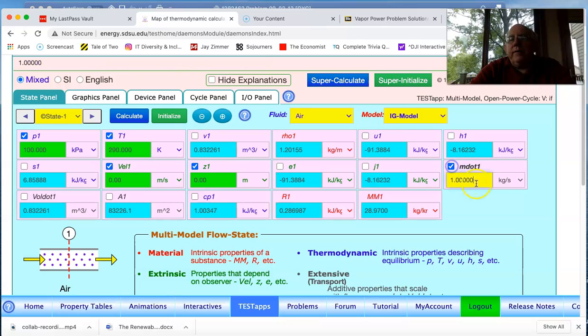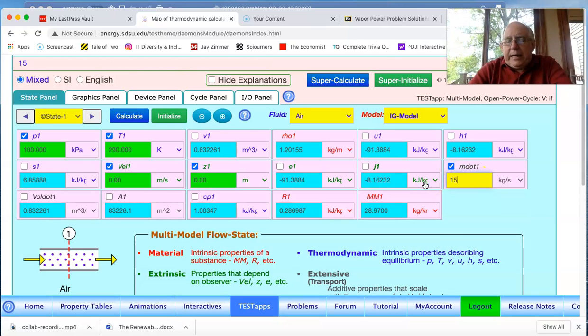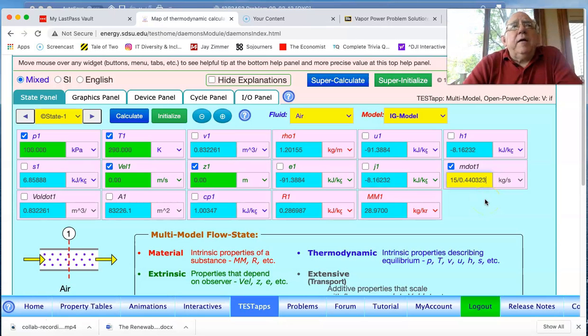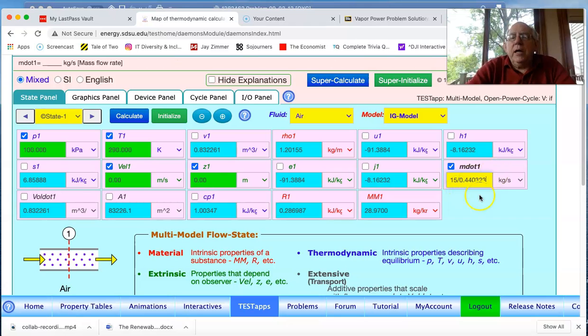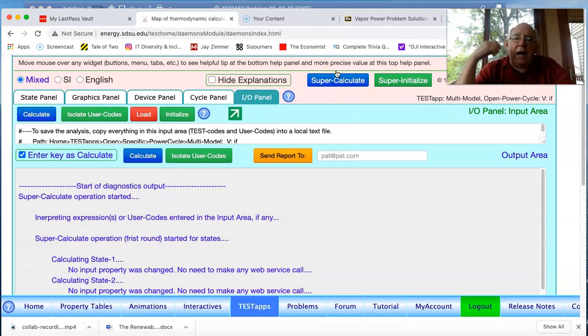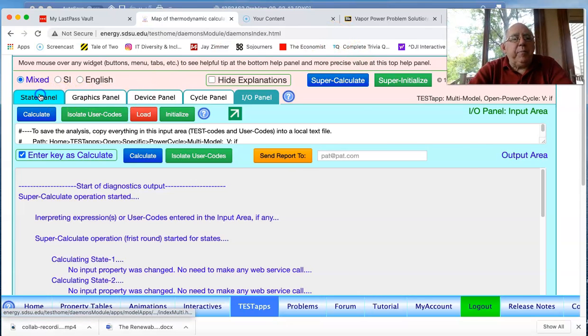And so we want this to actually be 15. So I'm taking the 15 and dividing by that 0.44. That's the mass flow rate that must be passed through the air cycle. And the corresponding mass flow rate will be determined for the steam portion, and that will then answer our question. So I put that in, I do a super calculate, and now I can go back to my state panel,